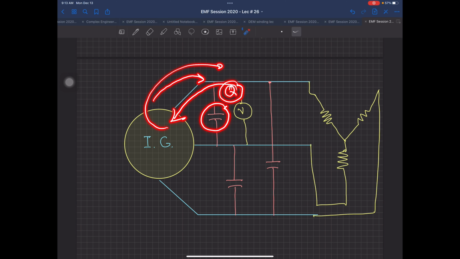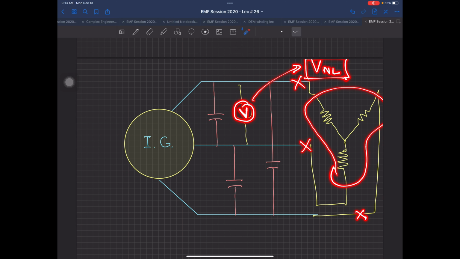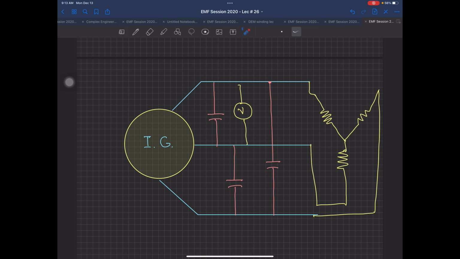Then it will give more power, more capacitor will be charged. So a point will come when this whole process completes and the voltage being produced becomes equal to the no load voltage or the load voltage. So I'm supposing that the resistance is not connected at that time. So when your machine has produced that no load voltage, then you can have the load connected over there. Otherwise, if you have a load connected, and I'm assuming at present that my resistance is only the load, it does not have any inductance over there.